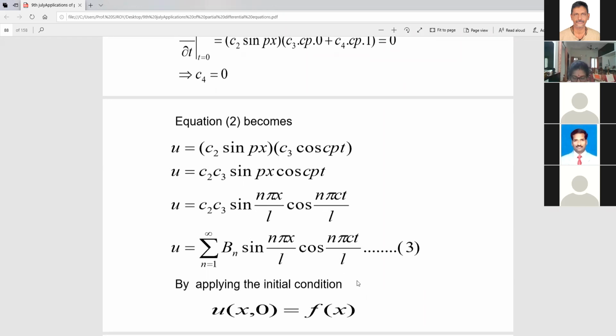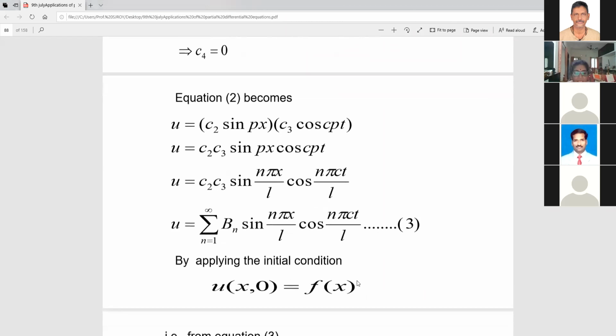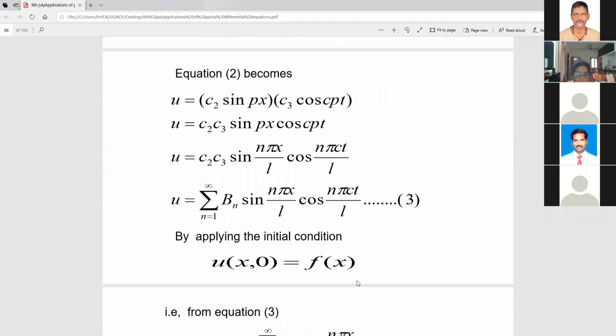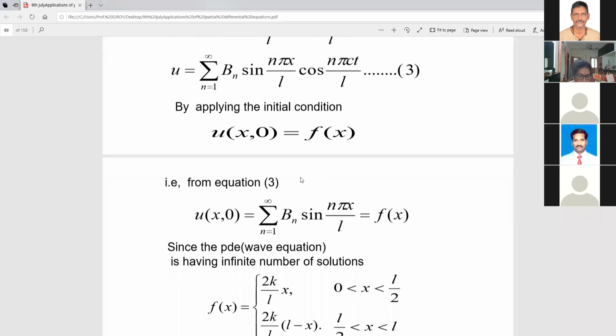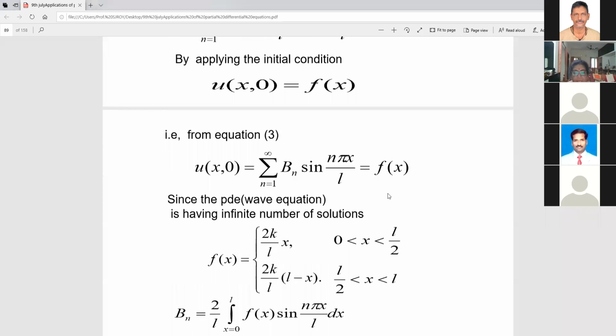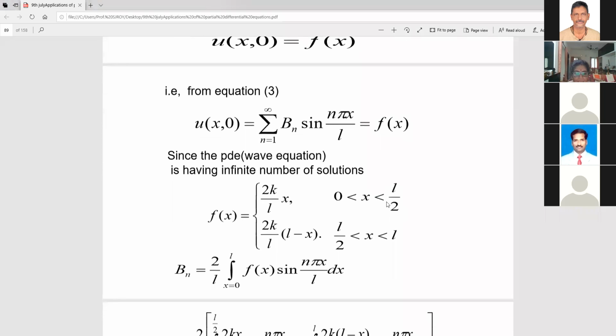And by applying this, you have the last condition which you have not applied. Three zero conditions we have applied; the non-zero one we always apply at last to get the last unknown. So Bn is the only unknown for you. To apply this, we put t equal to 0 on both sides, equal to f of x. Here it falls under half range sine series, Fourier series. By using this idea, we easily solve for Bn. So for Bn, we apply this idea of Fourier series, and this is the formula. We can get into the solution.